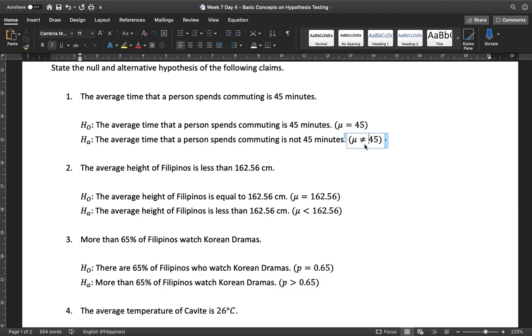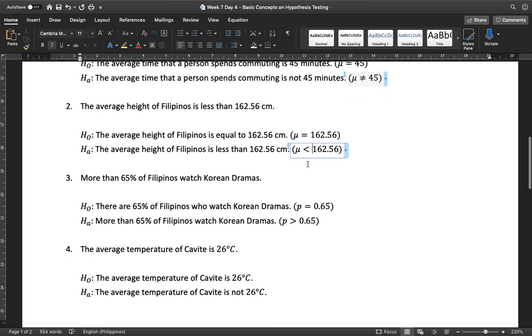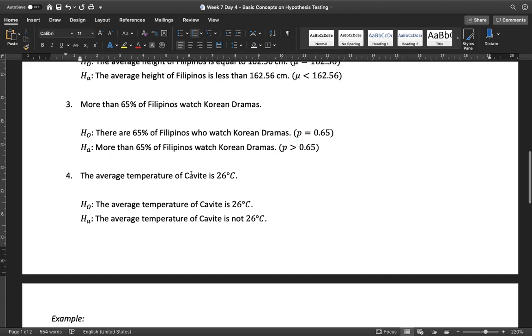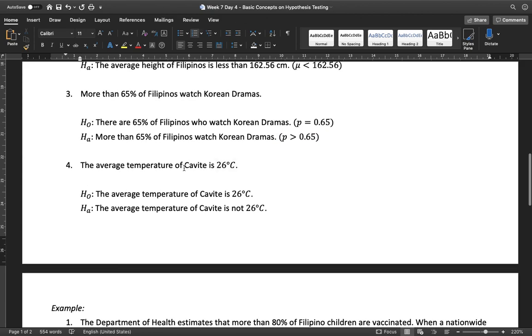Kasi yung not equal, it could suggest that it could be lower. It could suggest that it could be higher. So, it goes both ways. Pero kapag less than or greater than, it suggests one direction only. Kaya siya directional. Okay? And last,